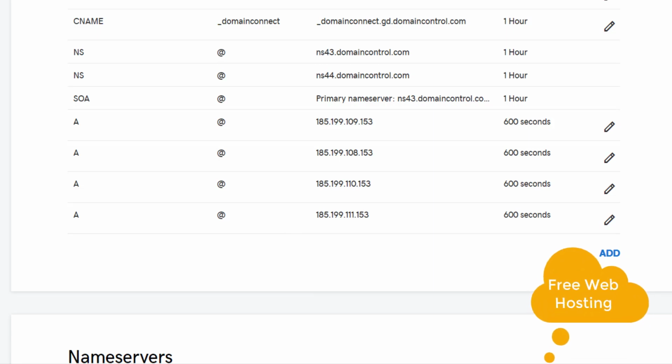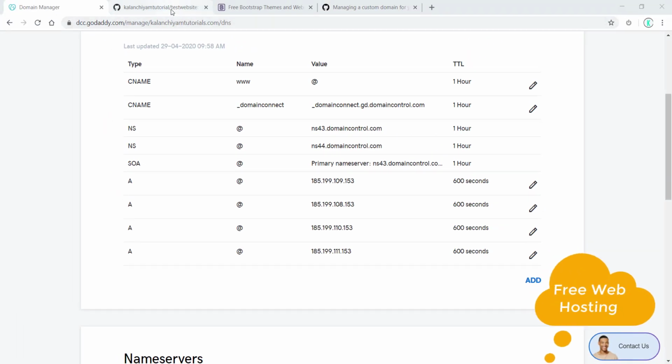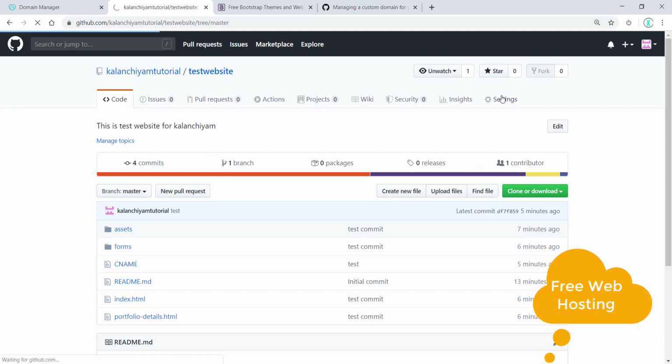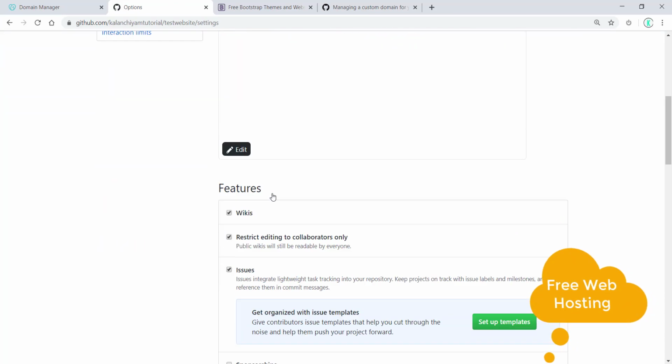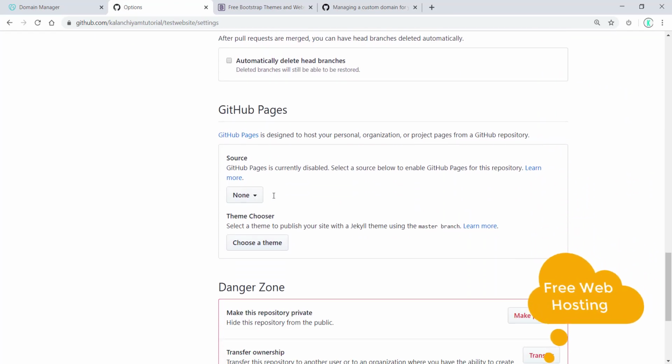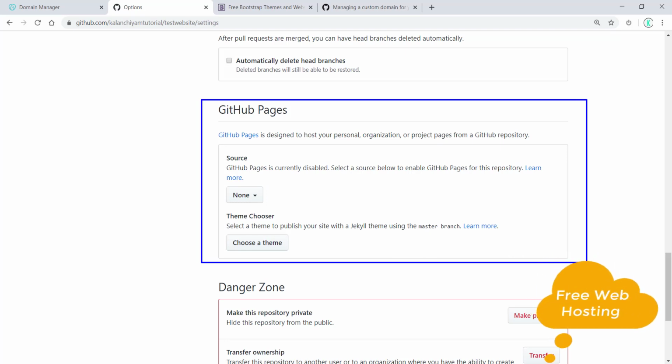Now you can go to the GitHub repository and click on settings, and then go down. You can see GitHub Pages. This is the box where you have to deploy your web page.